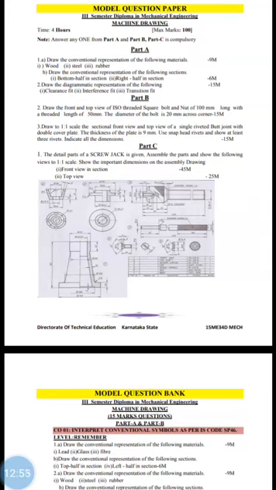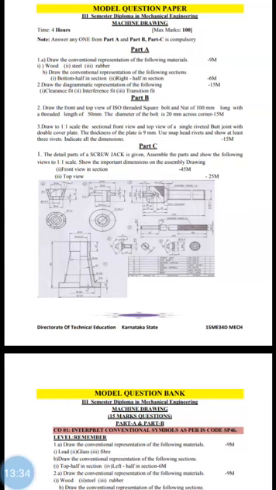Note: answer any one from part A and part B, and part C is compulsory. Here in part A you have to answer any one. There are 2 questions for 15 marks, and also in part B there are 2 questions for 15 marks, and you have to answer any one. And part C contains 70 marks. In question number 1 there are 2 questions for 9 marks and 6 marks, total 15 marks, and question number 2 for 15 marks. You have to answer any one from these 2.